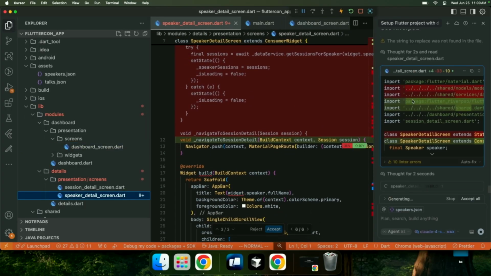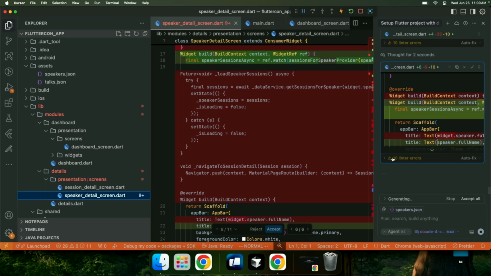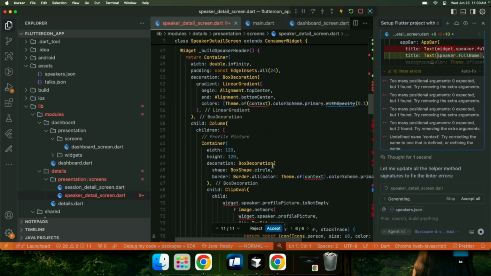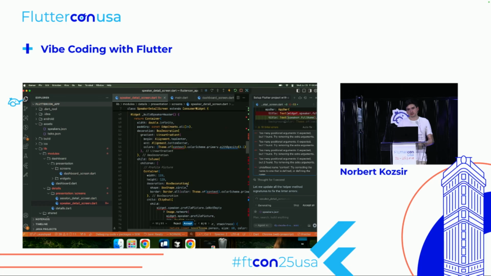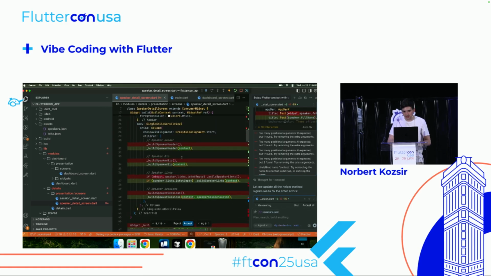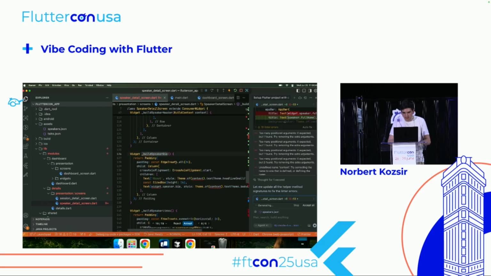One thing you also notice with these tools is they correct stuff. It's not just some whiteboard coding. If we check this out, there's a bunch of lints, which are errors that you can see. We don't have to fix them on our own right now, but the AI is able to get the information from LSP through the editor and iterate on them until they're gone, or it gives up because it can't fix it. In this case, it's just a bunch of context stuff, which is a pretty easy fix. In this case, it just created a new thing.